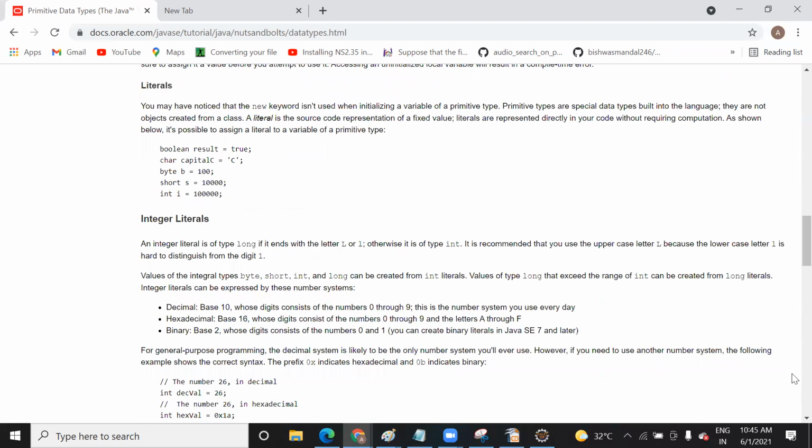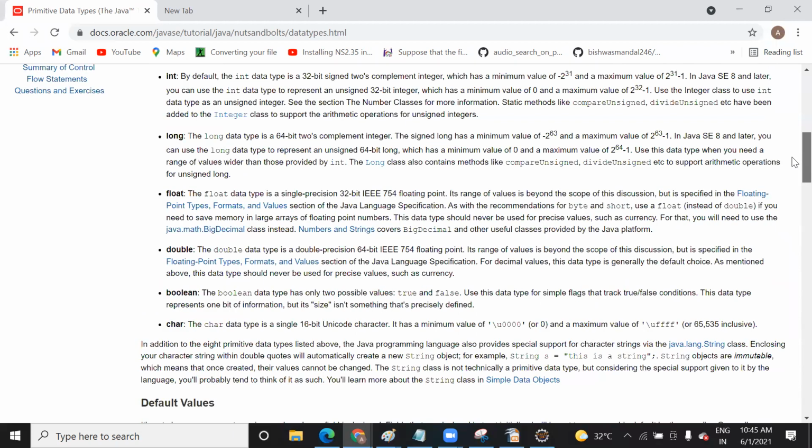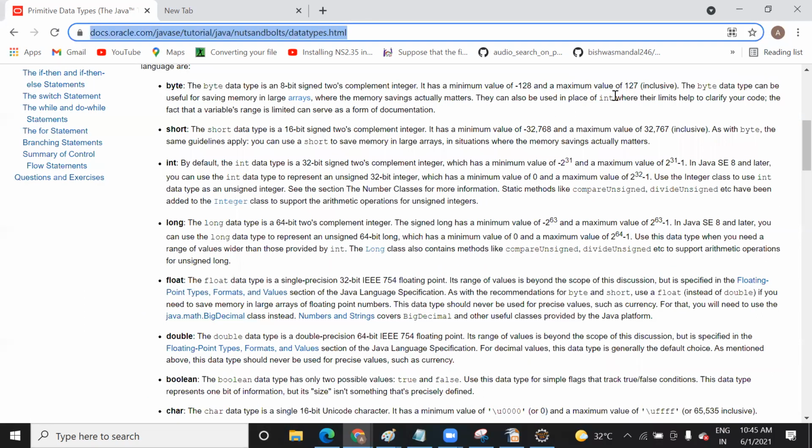Okay, so what do you mean by this literal? We have seen different kinds of data types, and I am going to share this link. Have a look at these data type ranges. Integer has a range of minus 2 to the power 31 to 2 to the power 31 minus 1.